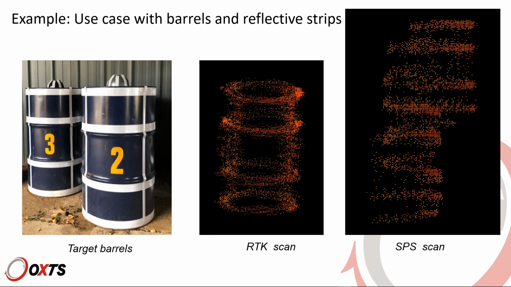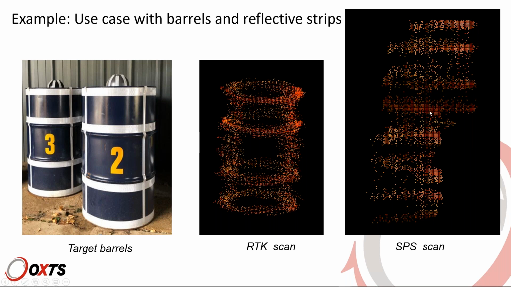First of all, that's a test that we have done with some reflective strips put on barrels, as you can see here on the left. Then we set the reflectivity threshold so that just the reflective strips would be visible in the point cloud. Here are 2 examples. On the left, we have the RTK scan, done with RTK position accuracy. As you can see, you can definitely identify the barrel, and all the reflective strips around it are clearly visible. The contours are